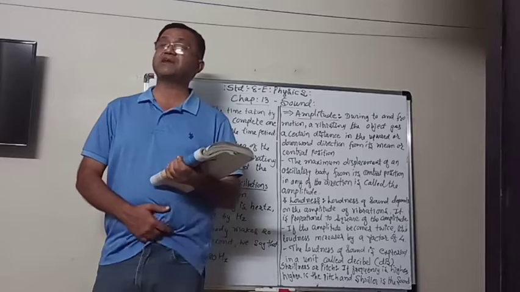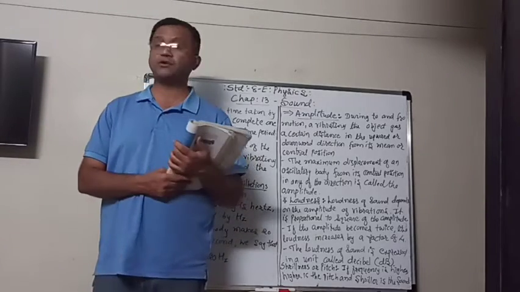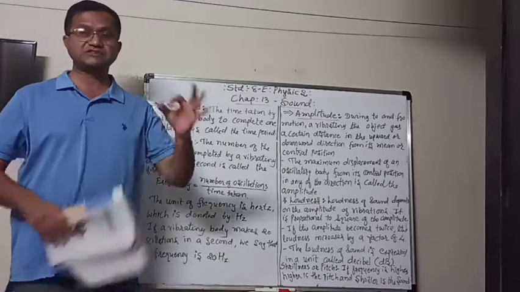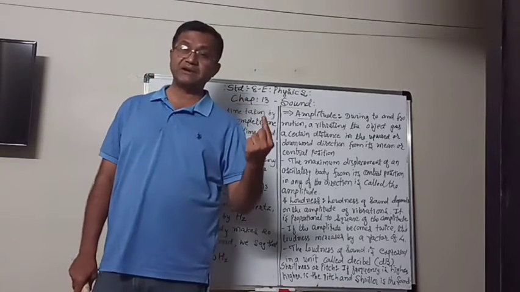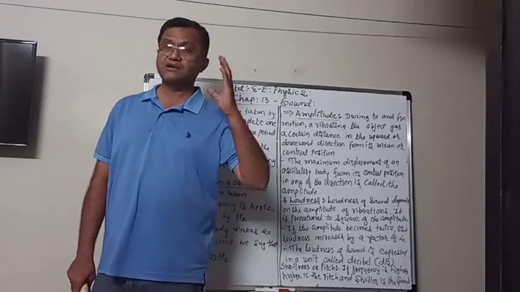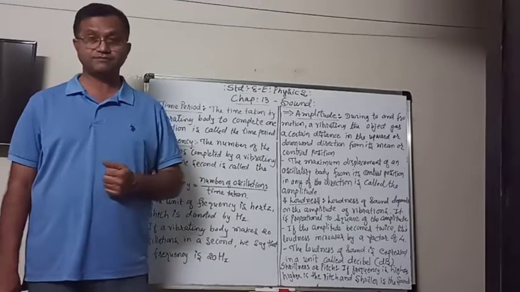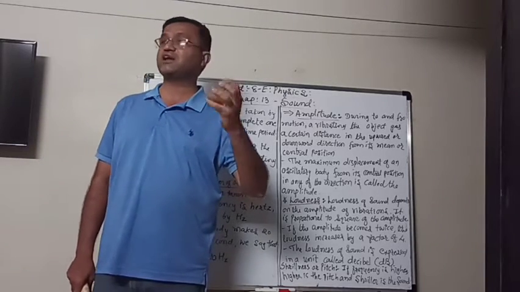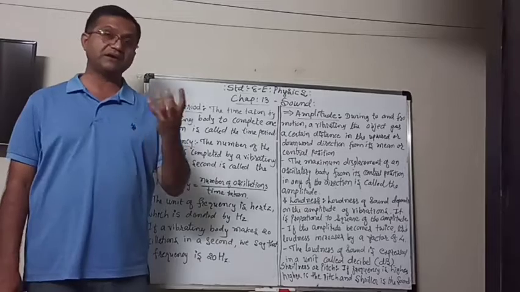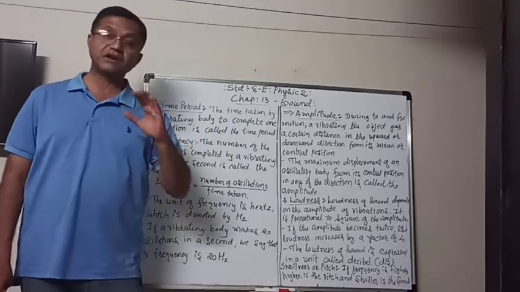Then we learned that after traveling, when it reaches our ear, how do we hear that sound? We learned about the construction of our ear, which is in three parts: outer ear, middle ear and inner ear. And we also learned how the sound travels through the canal, reaches the eardrum, which starts vibrating, and it passes the sound to the middle ear, in which there are three interconnected bones. When they are connected with the eardrum, they also start vibrating, and then they pass those vibrations to the inner ear, which converts that vibration,